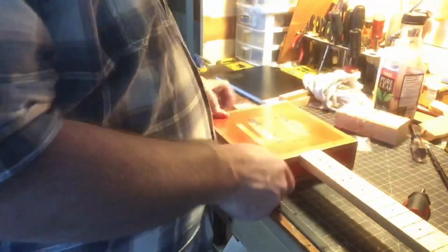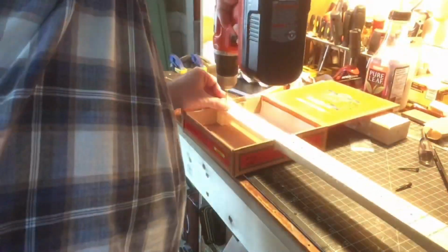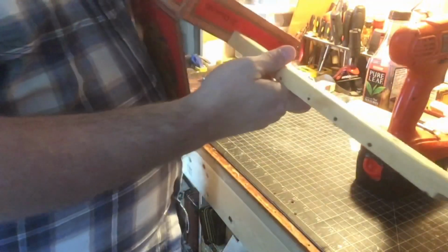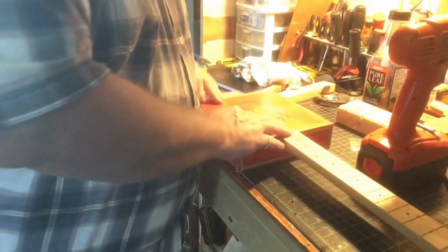There we go. Nicely mounted. There we go. All we've got to do now is seal the top, our bridge,